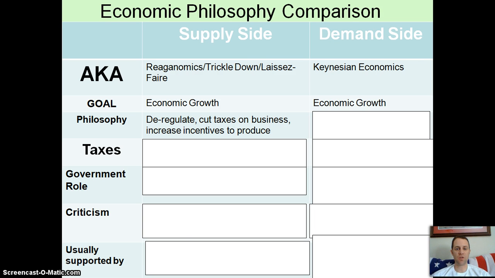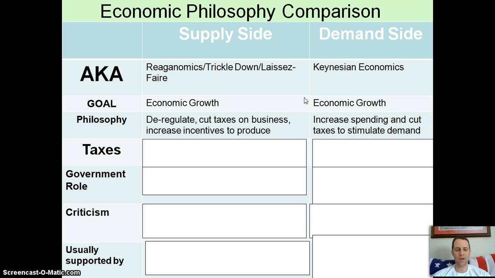Give them incentives to produce. We don't just want to cut taxes on them and have them put that money in their pocket and sit on it. Provide incentives in the economy for production to actually take place. You could let them write off the purchase of capital expenses, maybe let them write off the hiring of workers, give them tax breaks for doing that because then they're actually producing, not sitting on the money.